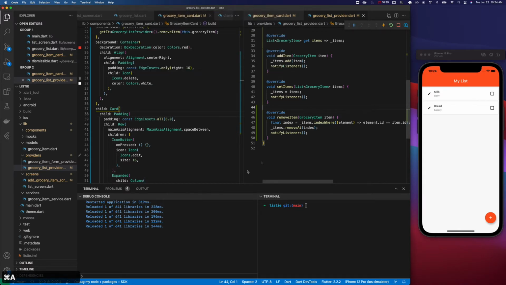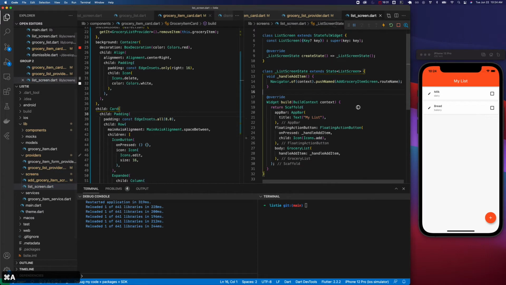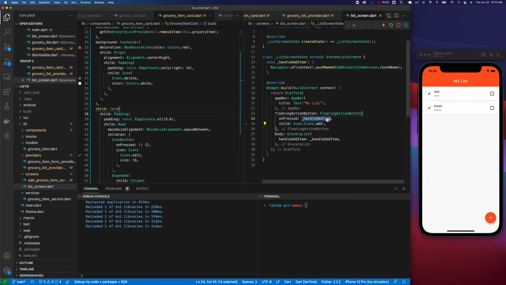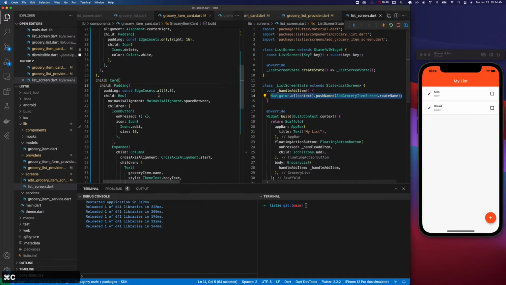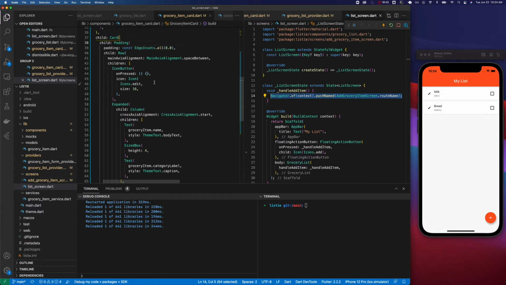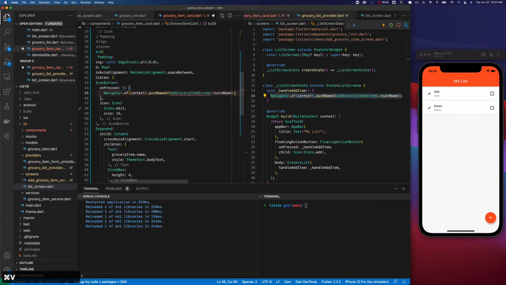Grocery, I'll just find it over here. Oh, it's just called list screen. Yeah. So we have this handle add item function. This will be a little bit different, so I'm not going to try and reuse this function and pass it through. We are just going to put it right here and make sure we